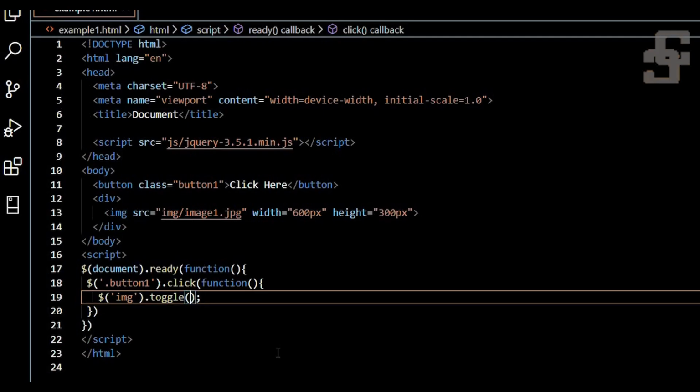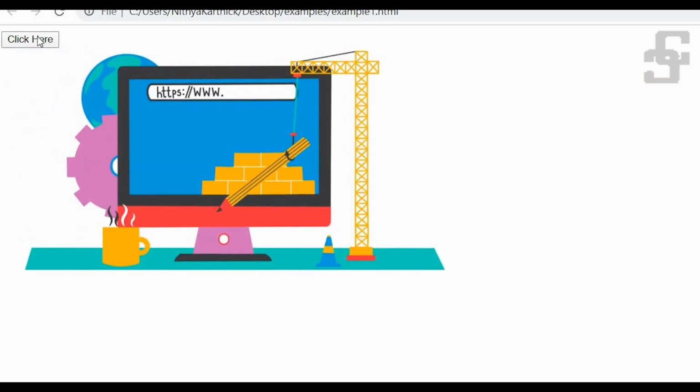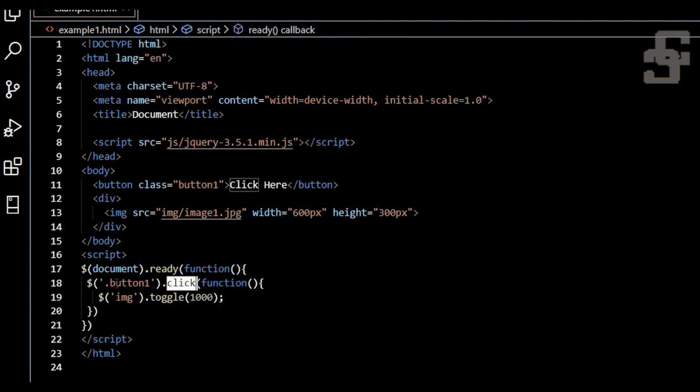For that I can give the timing here, 1000 milliseconds. See now the difference. Yeah, we got it. So this was a simple example where we used events, selectors and special effects.